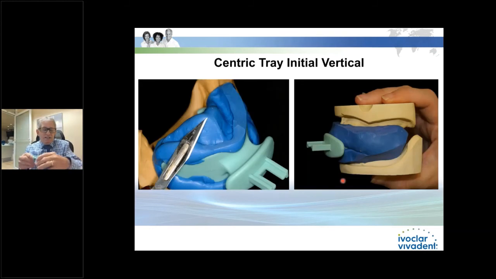So we take this and now we've got this beautiful impression, really. I mean, it almost takes a gorgeous impression, but it's polyvinyl siloxane. And so now we've got to cut away all of our undercuts and all of our hard tissue areas because we want to be able to just barely let the crest of our ridge fit here. So we don't need all of this area. So we'll just cut all that away and make sure that this fits down there and does not get interference